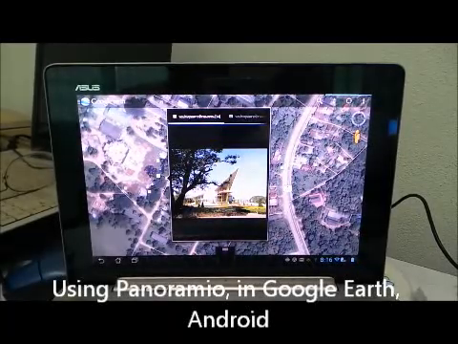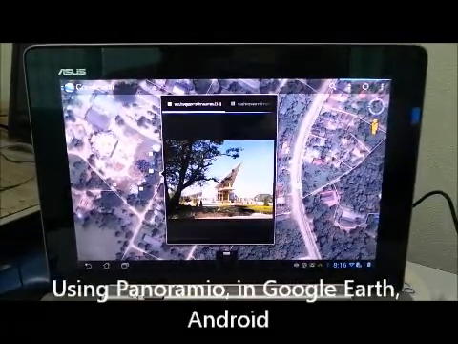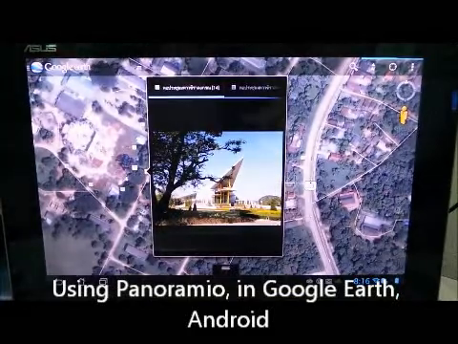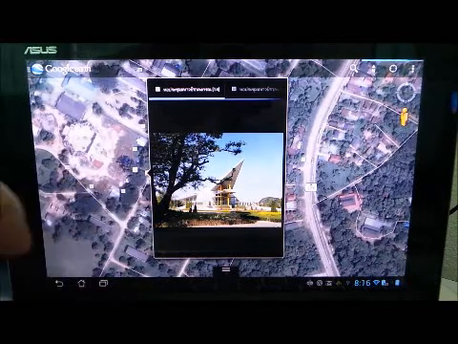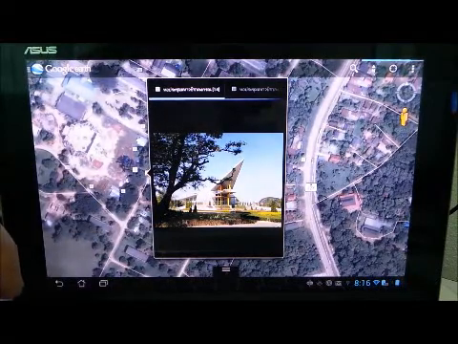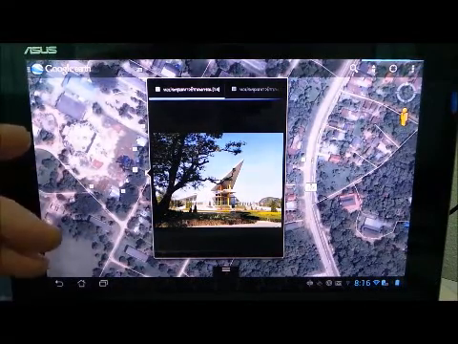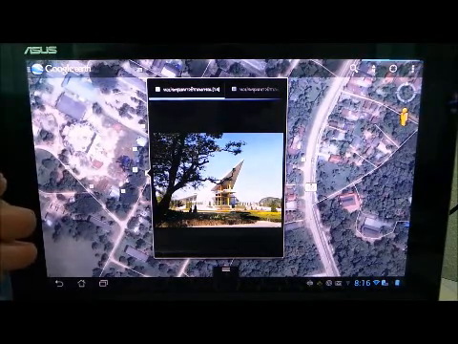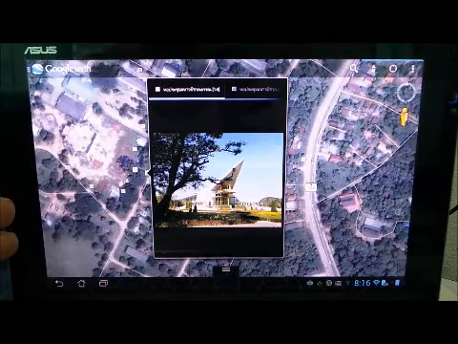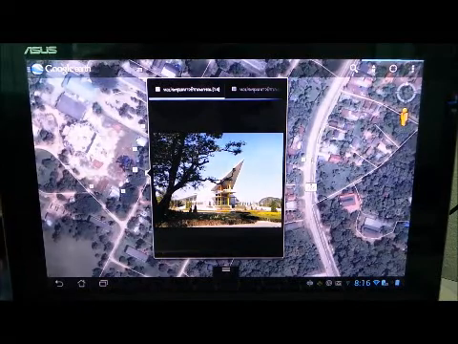Okay, here we are taking a look at Panoramio, Google Earth, and Panoramio in Google Earth. What I clicked on right here, if you can see, is the big, modern-looking assembly hall at Rajabat University. And what I want to point out is that I use Panoramio quite a bit out in the